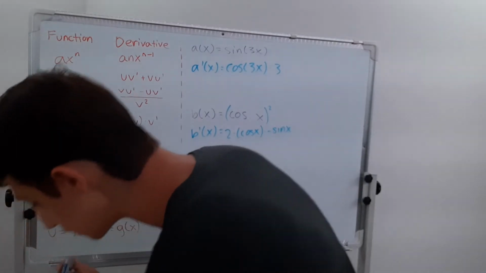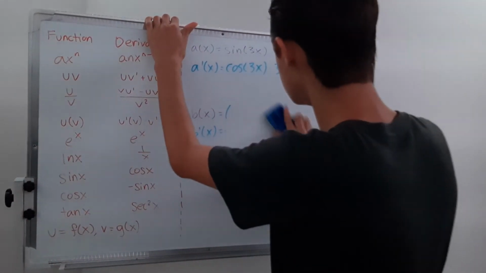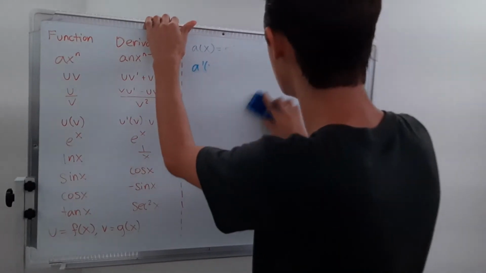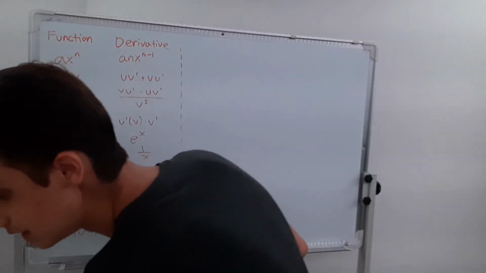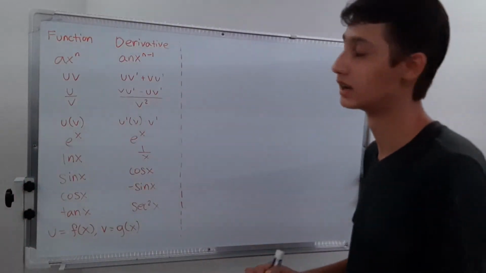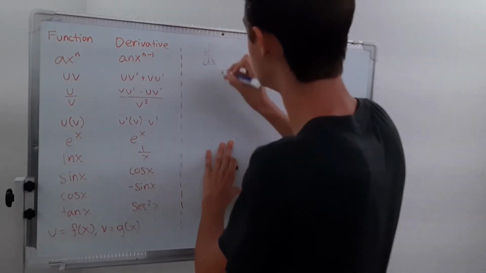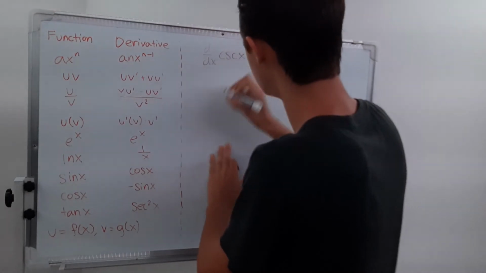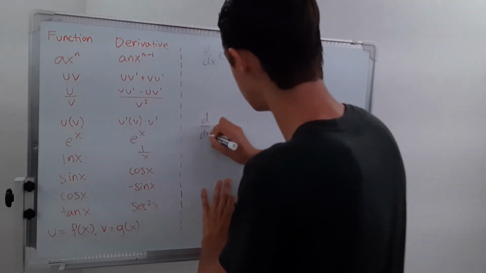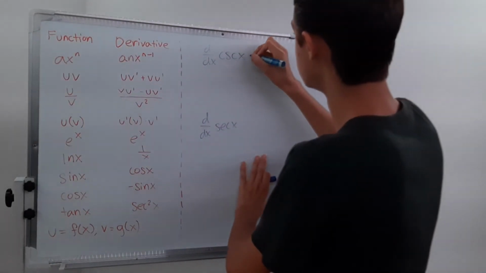Okay, so let's do some other interesting ones. Basically, you might be asked about the derivative of secant x or cosecant x, so let's just do those. So d/dx denotes the derivative of cosecant x, and then the derivative of secant x, okay? Remember, cosecant x, this is just the derivative